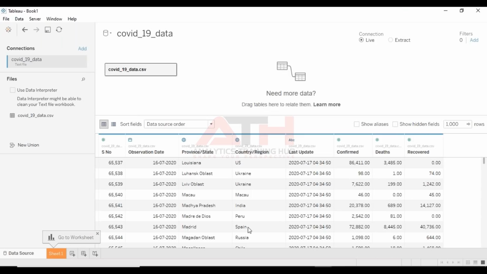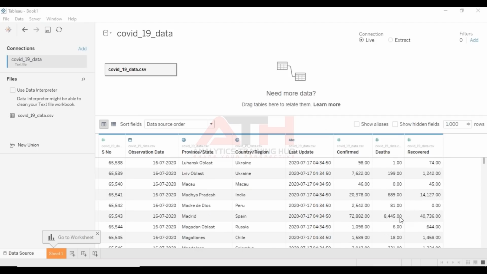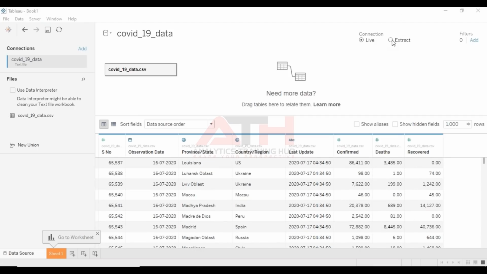And this is how our data window looks now. As you can see on top, we have this live and extract option here. A live connection helps us work with the live data, the entire Excel file. And extract is a snapshot of the data.